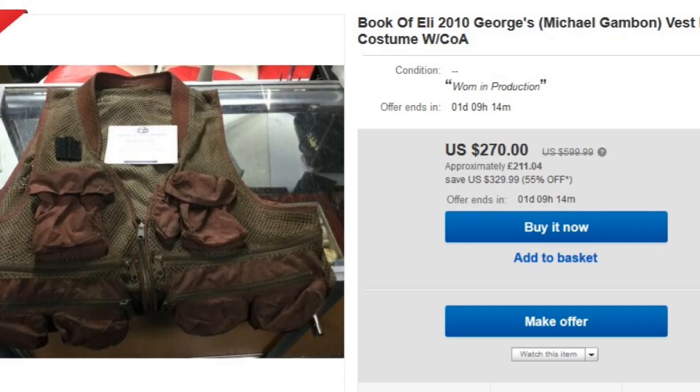And while I was actually writing the script for this, I went on eBay and was able to find some screen-used costumes from some of the major characters still for sale on the site. I think that's quite interesting. So I'm going to be going into Eli's gear more naturally as the film progresses. I'll be dipping into it rather than just giving you a complete blurb of all the gear that Eli was